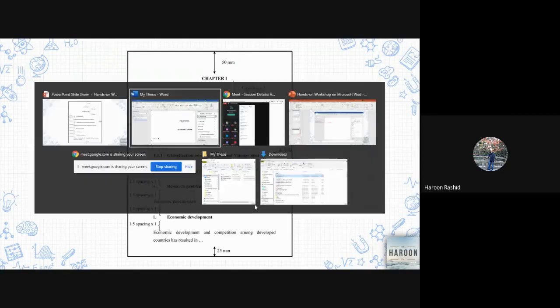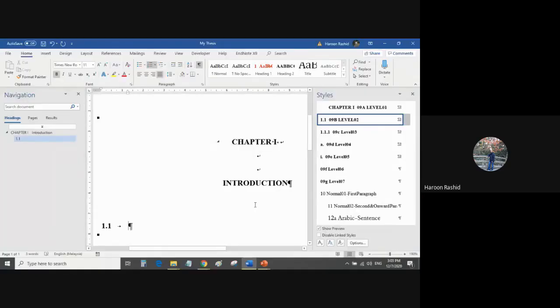You don't have to press enter 2 times and look for 1.5 spacing or single spacing or double spacing. No, you don't. You just have to follow how many times you have to press enter, in the same way as I have mentioned to you. Now, anyone who is not clear until this point, this same step you are going to repeat at the beginning of every single chapter.